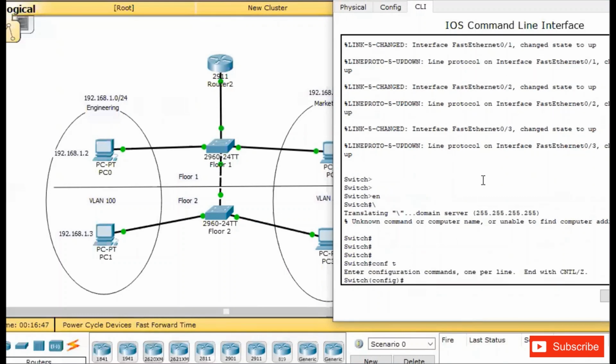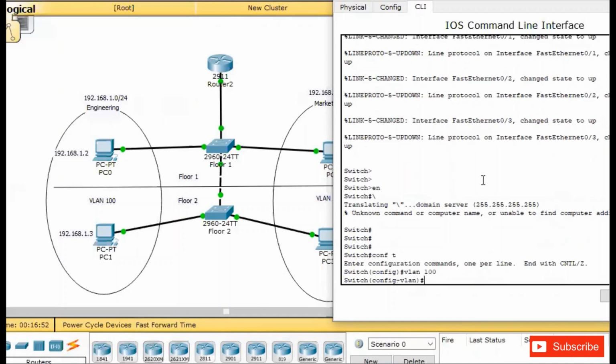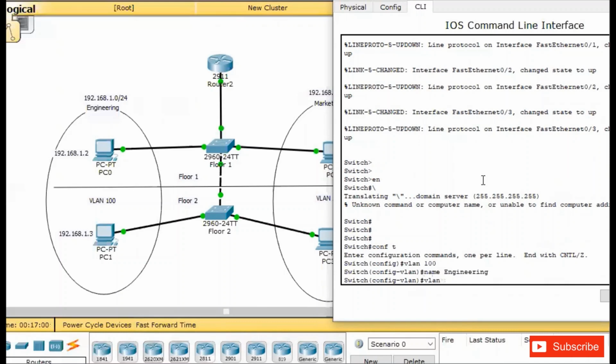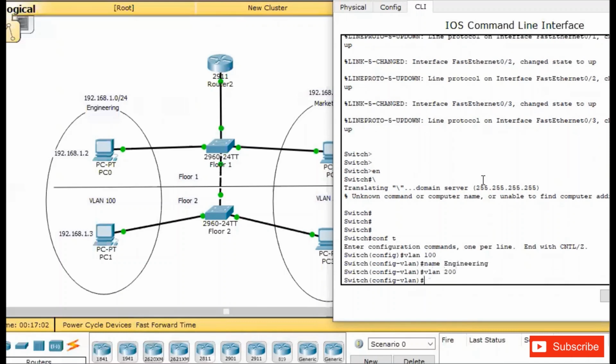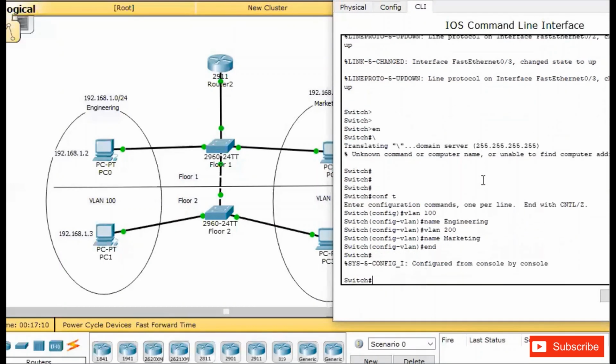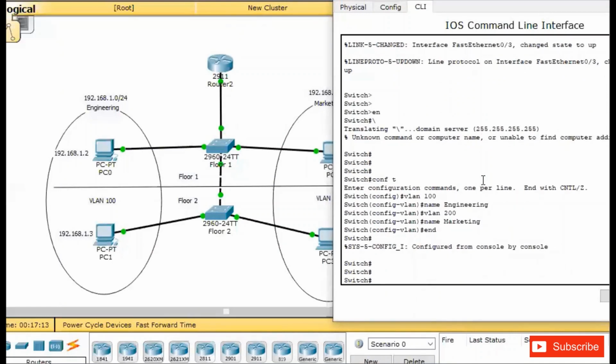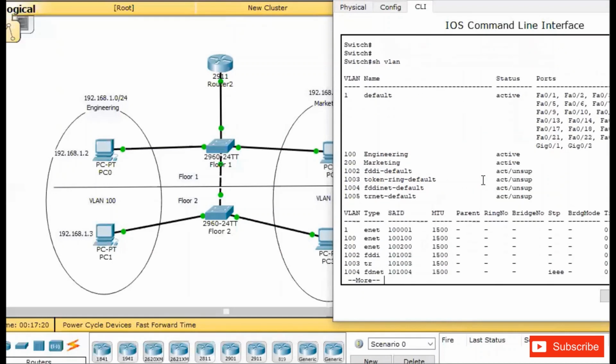The first VLAN I'm going to create is VLAN 100, and I'm going to name it engineering. And then I'm going to create VLAN 200, and I'm going to name it marketing. Okay, this is how a VLAN is created. VLAN creation is very simple. As you can see, there are two VLANs created,